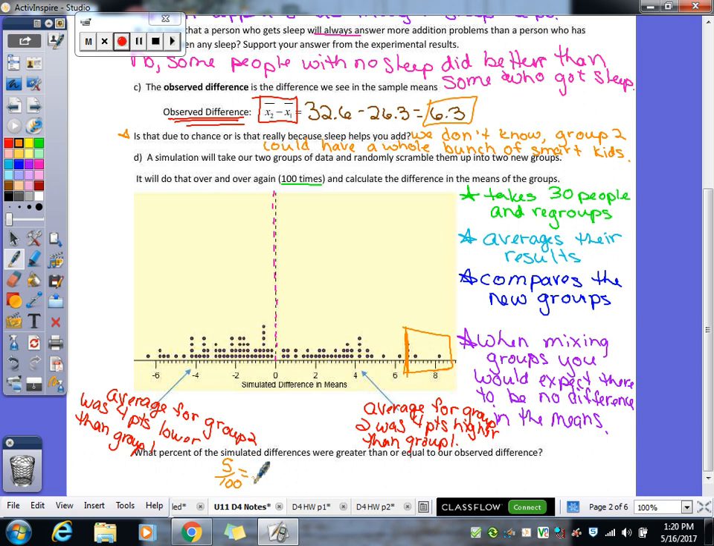What would our percent be there? 5%. So that means our 6.3 or higher shows up 5% of the times out of all of the different simulations that they ran here. So what that tells us then,